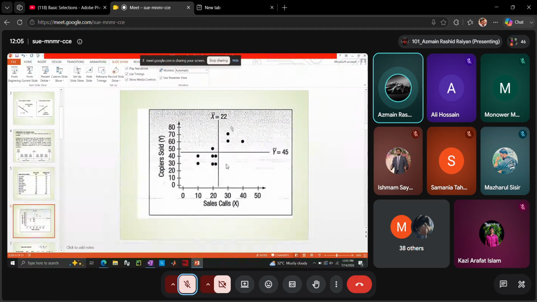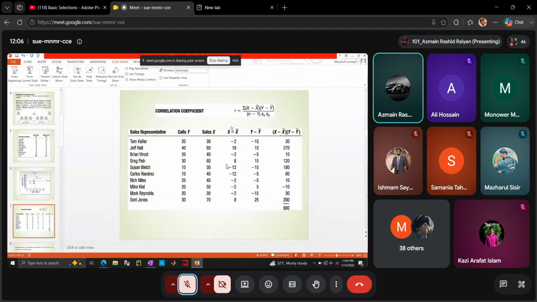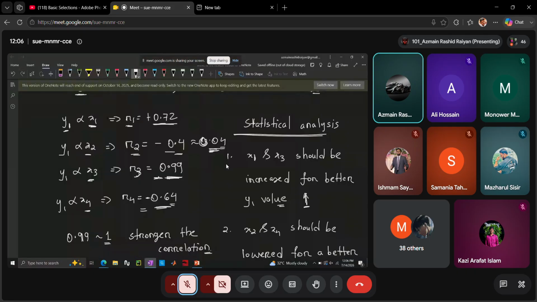So here is a very simple plot of X and Y based on this data. So this is basically the data plot, very simple data plot, as you can see. So before telling you about this plot, let's just solve a very simple problem. Before moving on, we have a formula for the correlation coefficient right at the top of the slide. I have already mentioned the correlation coefficient formula. So what's the formula? It is